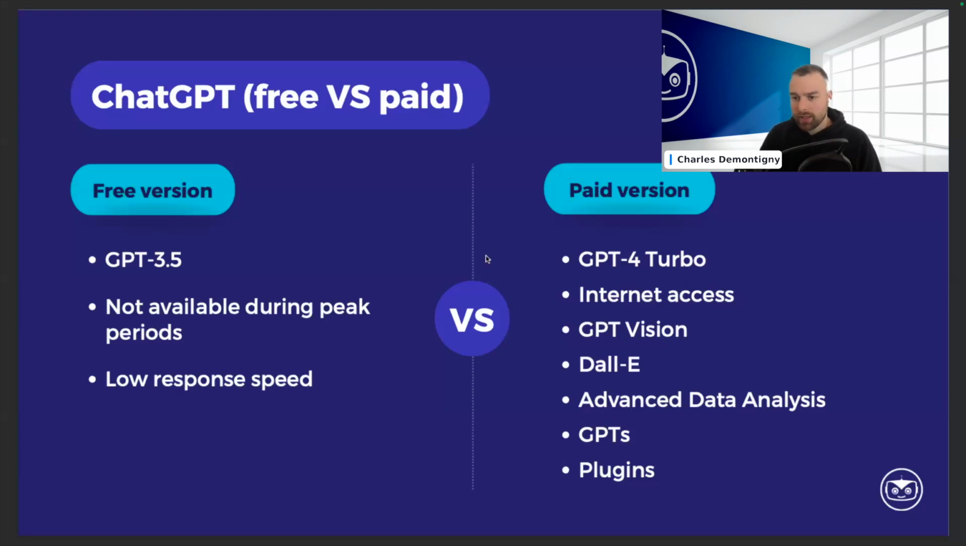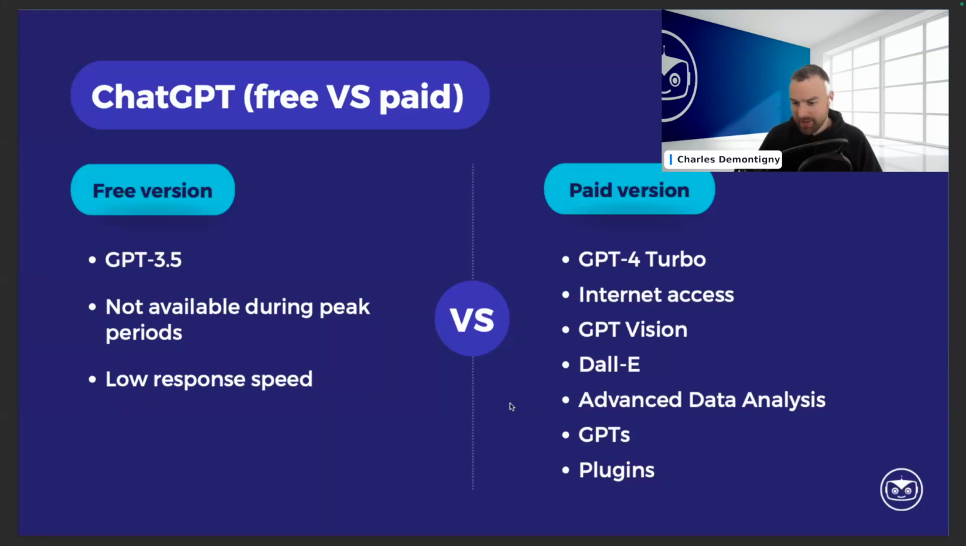On the other side, if you pay $20 US per month, you will have access to the latest model, which is ChatGPT 4 Turbo. The model will have a lot of additional features, such as internet access within the chat. The model will also be multimodal, not just text: with GPT Vision, you will be able to analyze images. With DALL-E, you can generate images. With the advanced data analytics feature, you can upload data such as a CSV or Excel file and ask the model to analyze the data. You will actually have your personal data scientist